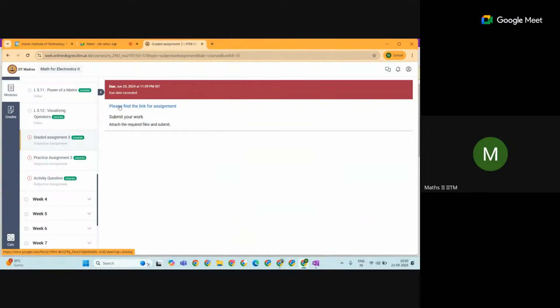You can write on your own PDF, or whatever digital way you are able to write, or maybe handwritten, whatever way, just write the detailed solution. Below it, somewhere, is the submit-work link. It's already over, so it is not showing me the link. It's the older portal, but here it will show as blue, similarly this will also be blue, and it will take you to Google Classroom. The option will show somewhere on the corner side. Upload your solution, whatever you have written, there, and you have to